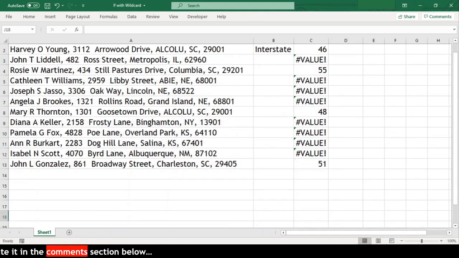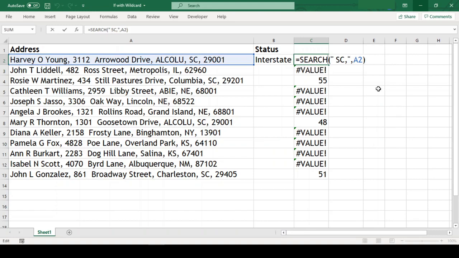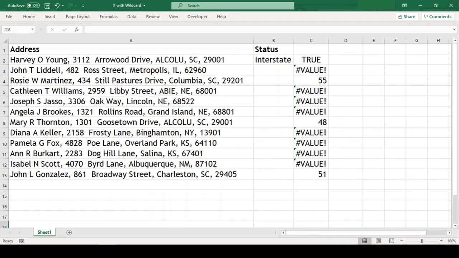But if you remember, we wanted a black and white result, which we can use in if function, but we have managed to get result in numbers if our text is available, and error otherwise. Now let us wrap our search function in isNumber function. And now we have result as true. So what the isNumber function does here is that it checks whether the result returned by the search function is the number or not. If the result is number, then this will return true and false otherwise.